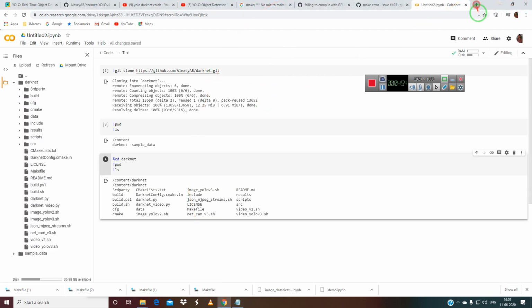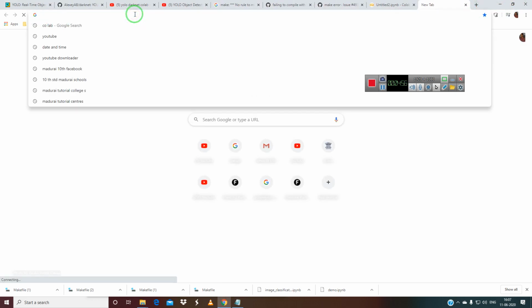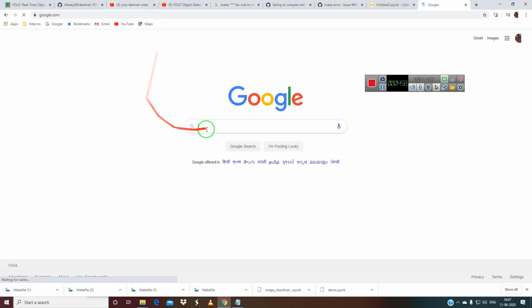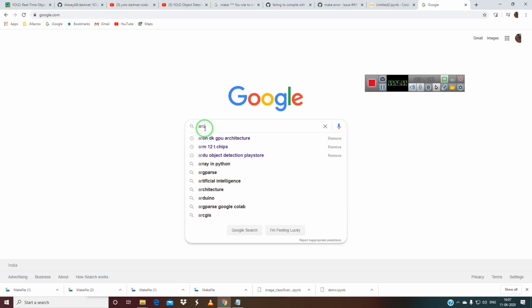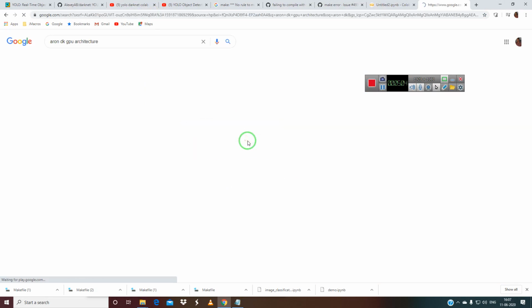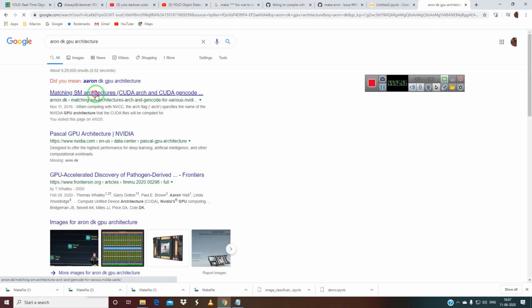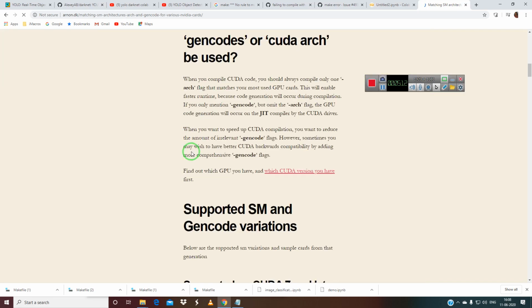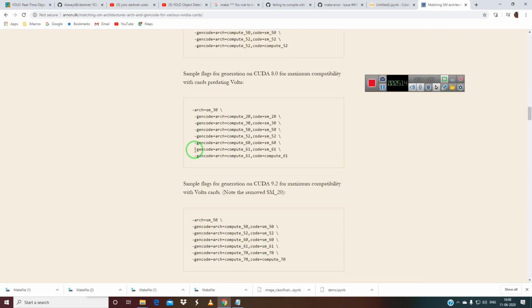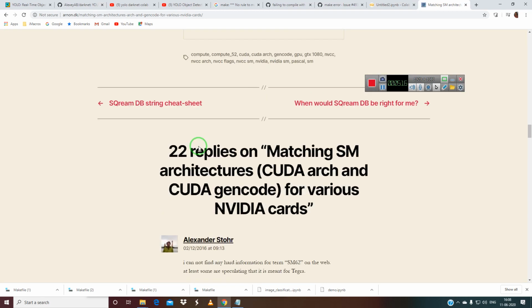You have to go to Google and type the GPU architecture, and it will give you the different kinds of SM code architectures and tell you what to do.